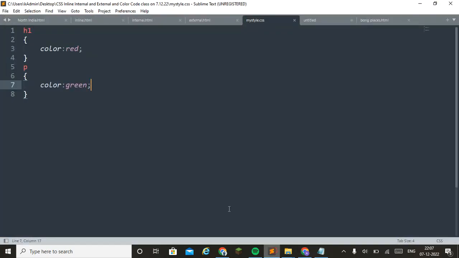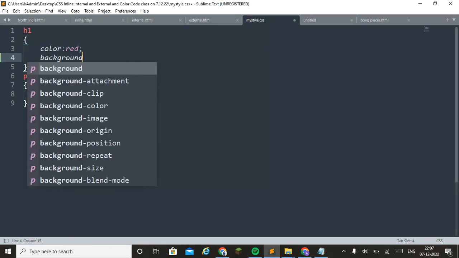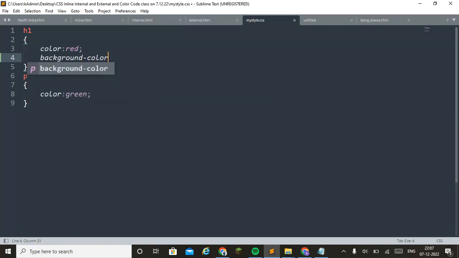We have to give the color not using the name of the color. Like background-color, I am giving background hyphen color. We are taking it this way, hashtag 923. So the first position is the position of red, second position is the position of green, and the third position is the position of blue, RGB, red, green, blue.